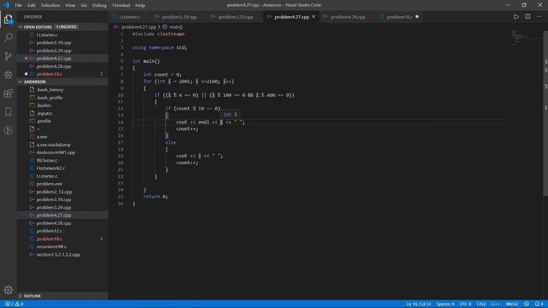And then we still want to know what that year is. We still want it to be printed, so we will also print that year and then our space, and then update our counter. Else, if it isn't time for a new line, we'll simply just cout the year, a space for formatting, and update our counter. So